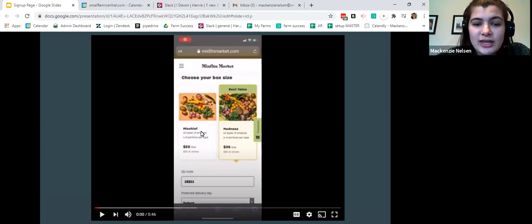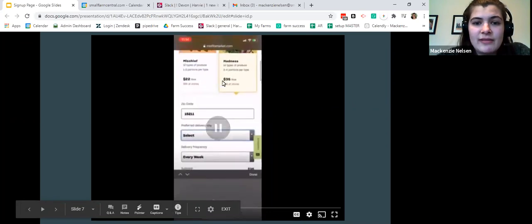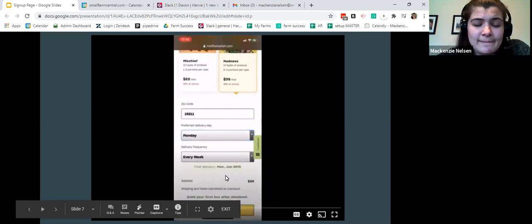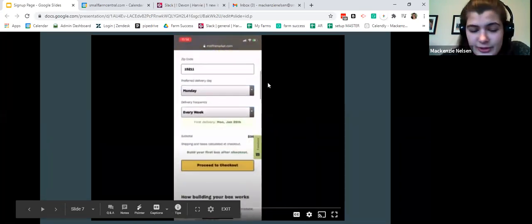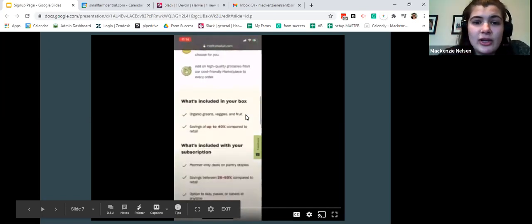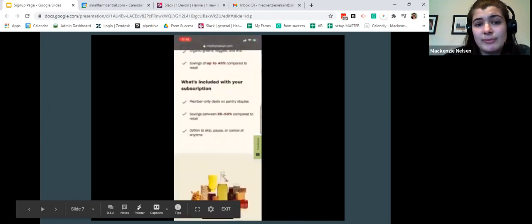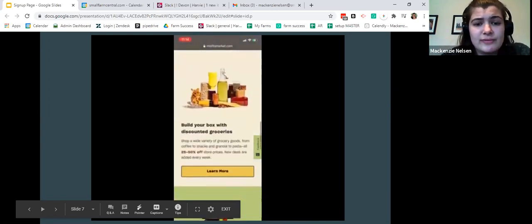So you can see here the two sizes that they offer. They've got fun names, Mischief and Madness here. They've got the number of items of produce, of types, and the proportions per type for each size that they're offering. As I go through, I'm going through the normal selecting the day, selecting the week. But on this sign-up page, they also have what's included in the box, different questions that members might have, what's included in the subscription,